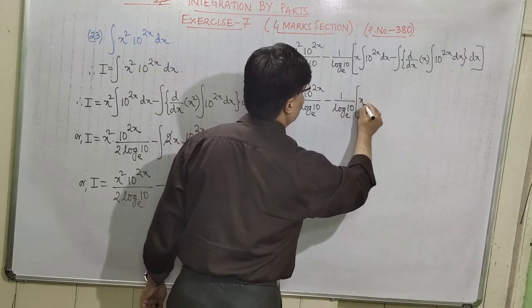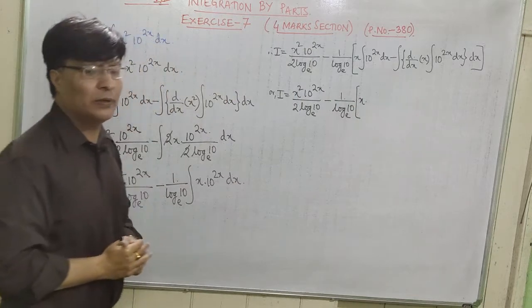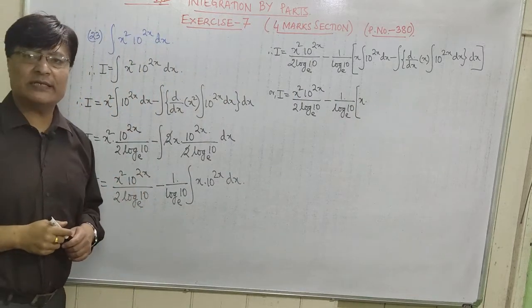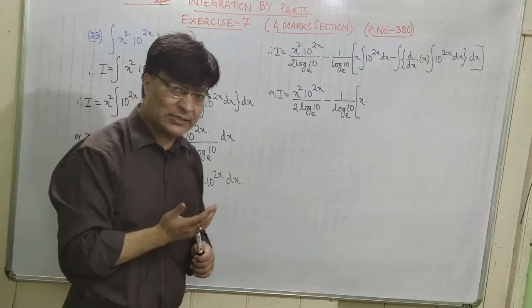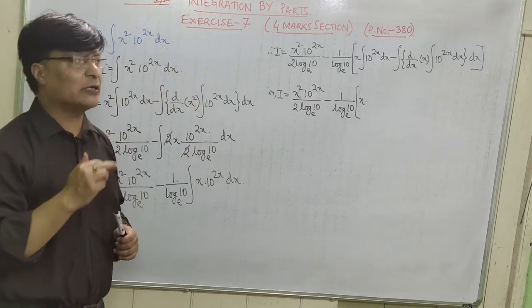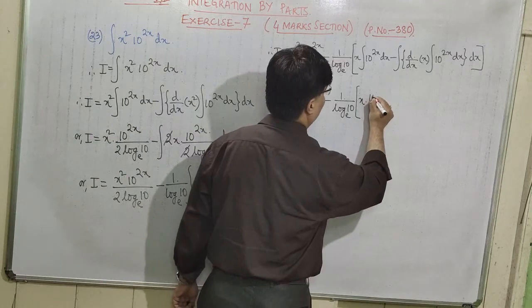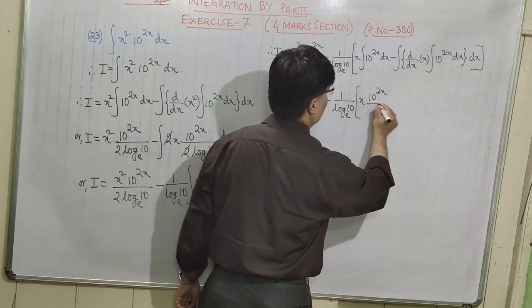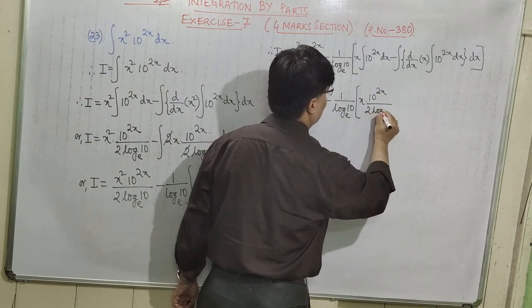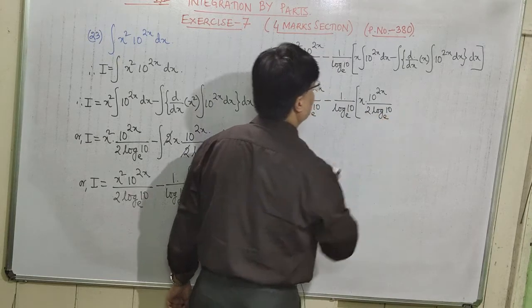Now within the third bracket, x into, what is integration of 10 to the power 2x dx? It is just like your integration of a to the power mx dx. So what is this integration? 10 to the power 2x divided by 2 log 10 base e